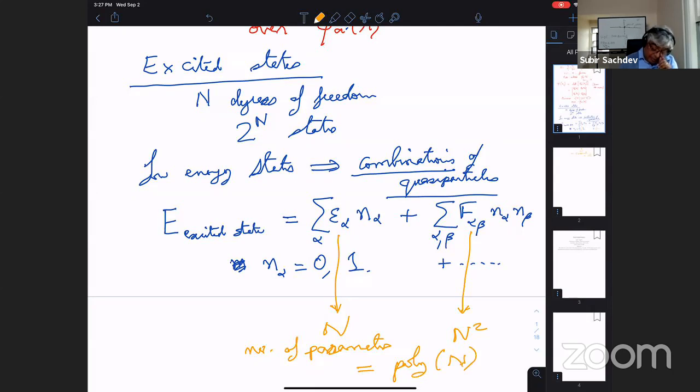So when you make the quasi-particle assumption, you're making an extremely strong assumption that the many particle states, a very, very large number of states, can be written in terms of a much smaller number of parameters. So when you put it this way, you see this is really a remarkable assumption, and it's amazing that it's even correct. But in fact, it is correct at low enough temperatures in many, many systems.